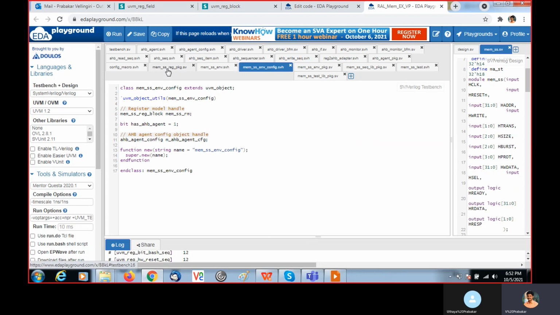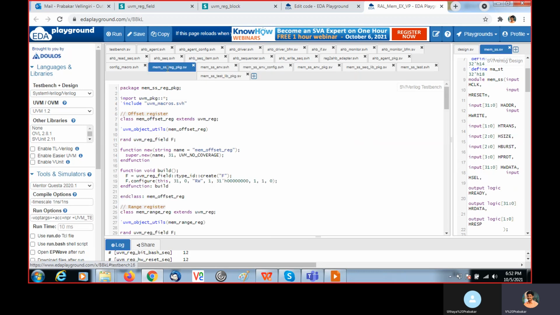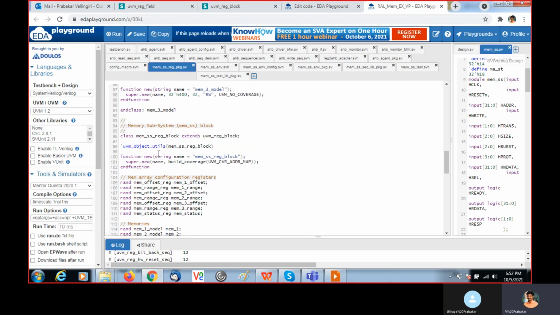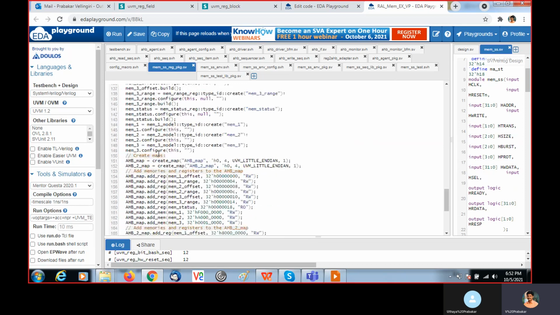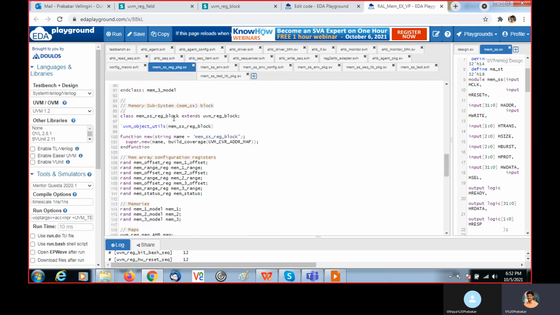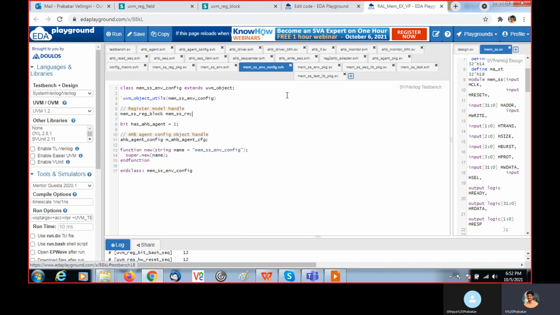From the UVM reg package, we created the register block named SS reg block. So finally we created it, right? That one is instantiated in the env config as SSRM. Then here we are setting this bit, AHB, as 1.